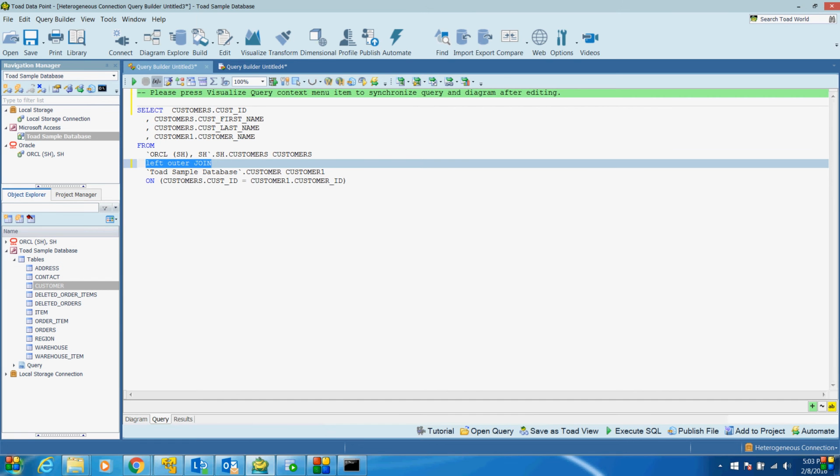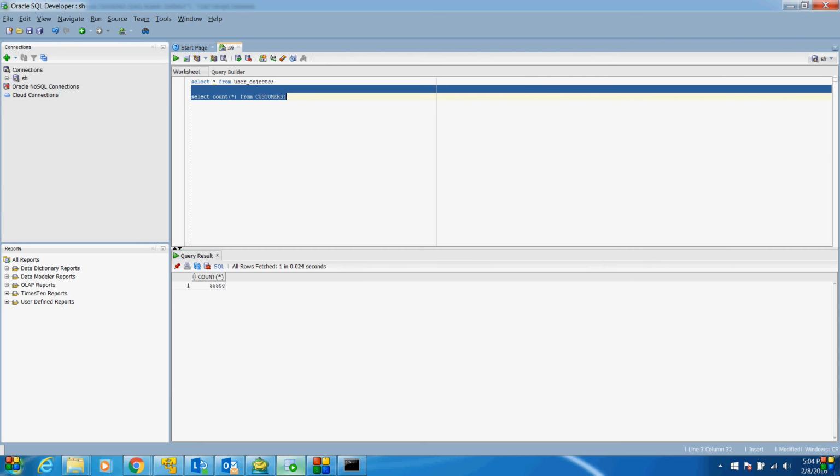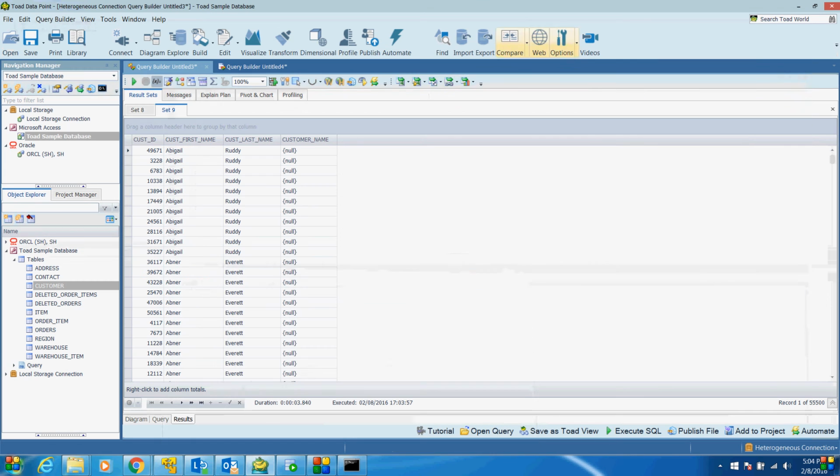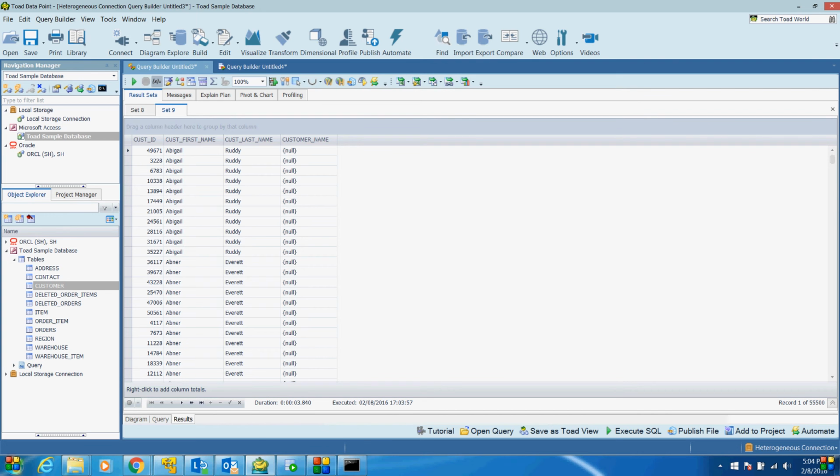Now I replace it with a left outer join. So just run the query. See here, 55,500. So how many records are there? 55,500. So we have the result. So we can get the result from both databases. Okay, we already got those results.